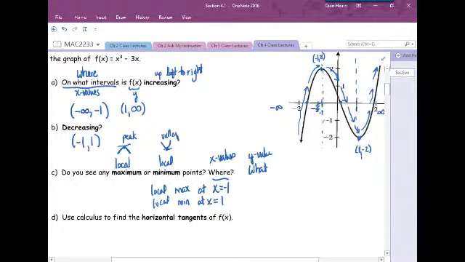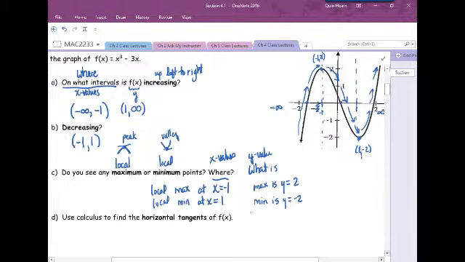Okay, so we only list the x value, not both coordinates. We would say the local min occurs at x equals 1. If I asked you what is the local minimum, you would say that the local minimum is y equals -2. And if I asked you what is the local maximum, the max is y equals 2. Okay? All right, now the next thing we're going to do is we're going to use calculus to find where